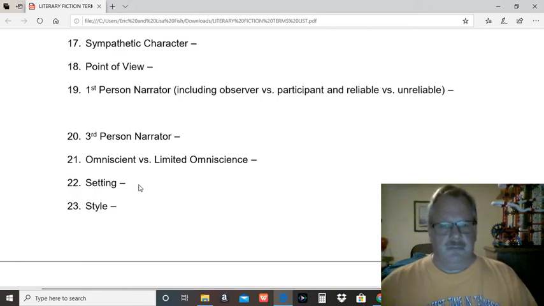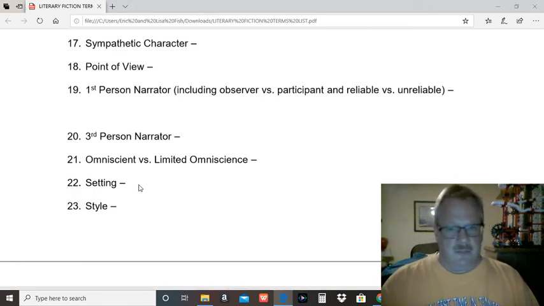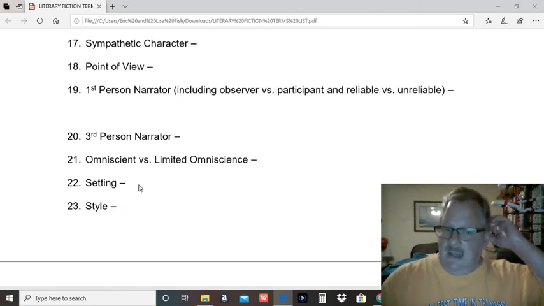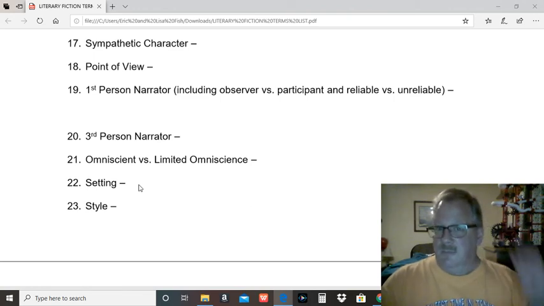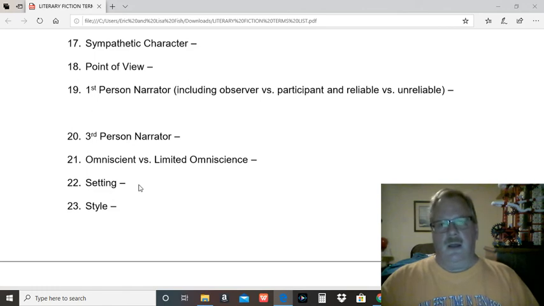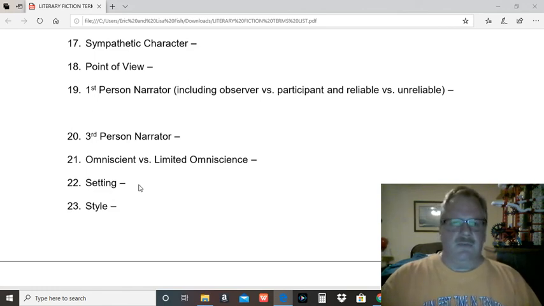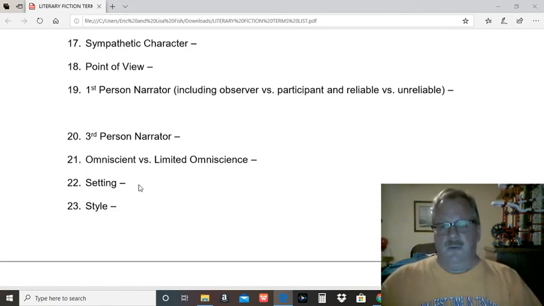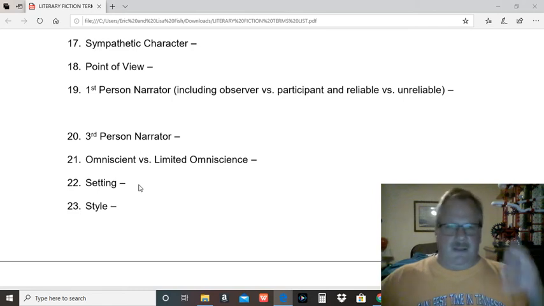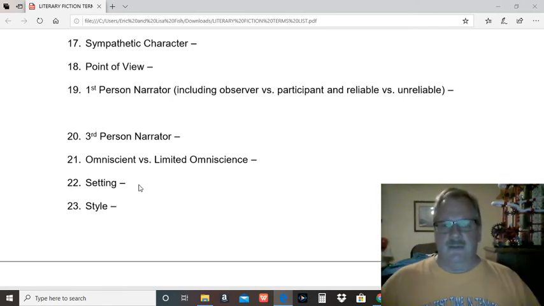Setting: where does the story take place? Almost all of Faulkner's works take place in one county in Mississippi, where Jefferson's the county seat. So the southern setting is extremely important to people like Flannery O'Connor and William Faulkner. You see settings very important for some of the romantics like Hawthorne. He wants to take you into almost a fantasy land where he can explore these very symbolic ideas and develop this very fantastical kind of setting.